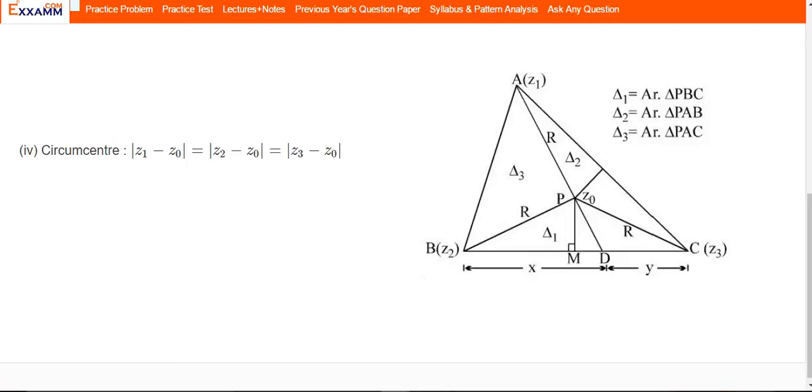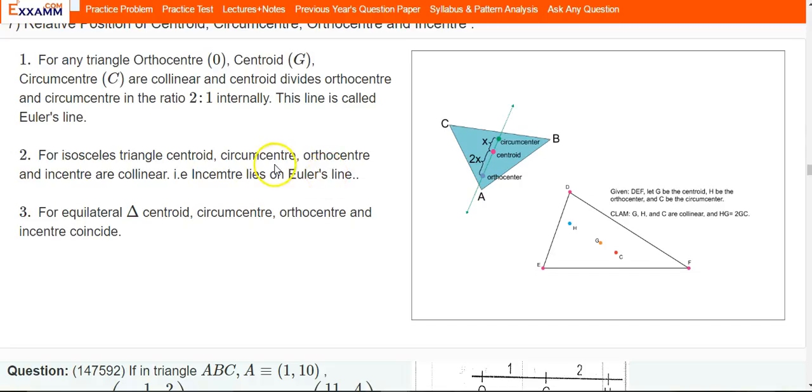Now let us see the relationship between circumcenter, orthocenter, incenter and centroid. We will start from coordinate geometry and use the same relationships in our lecture number 12420, which is available at